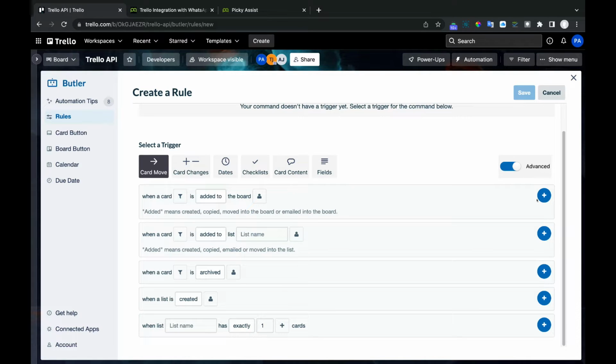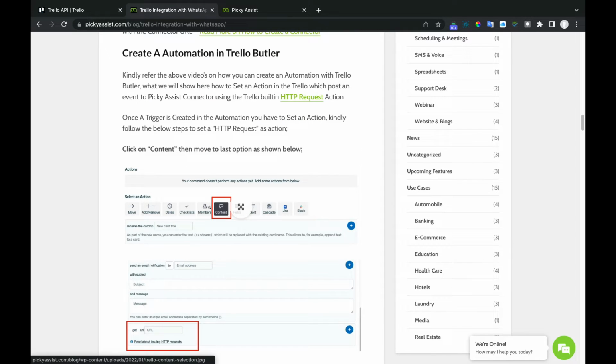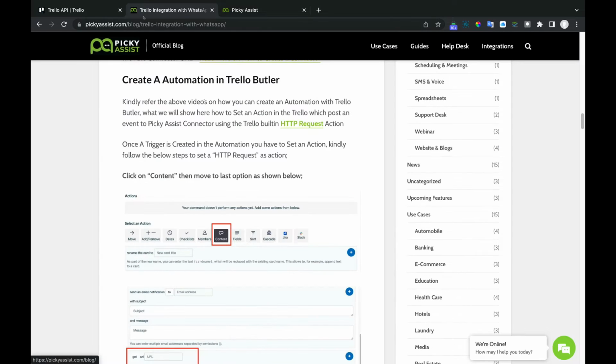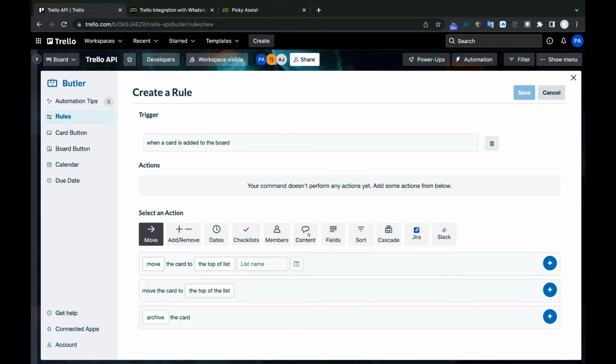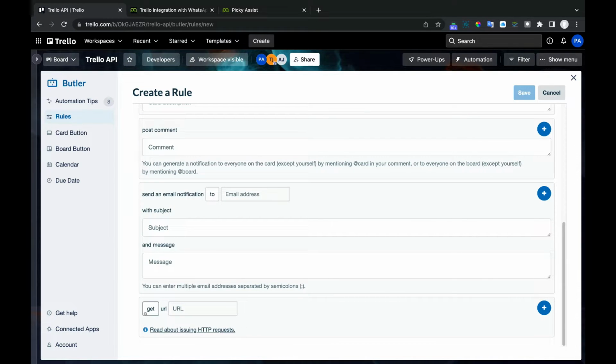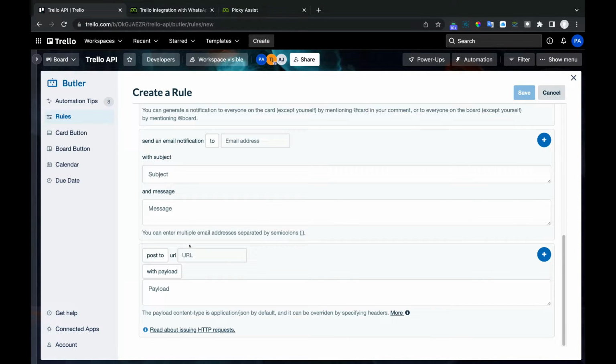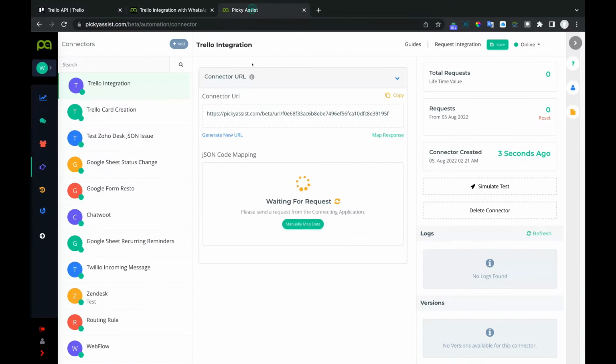So whenever a new card is added to the board, just click on add. Now this condition has been added. You can even add more conditions and edit them. Now in the actions, we have to select the content, and in the content, scroll down, then you will see something like get or post to in the last options. Then here in the URL, this is the URL which we need. You have to copy this URL and